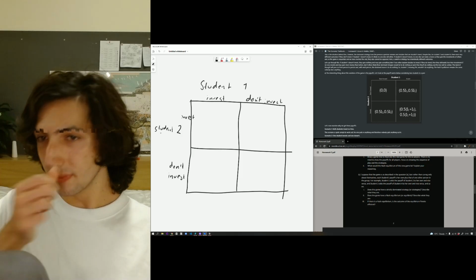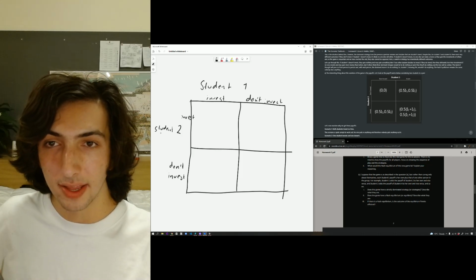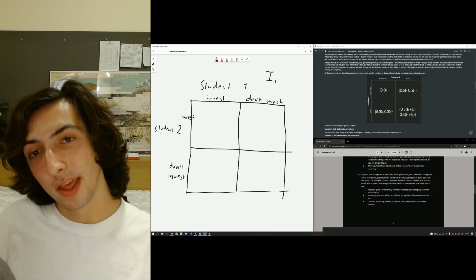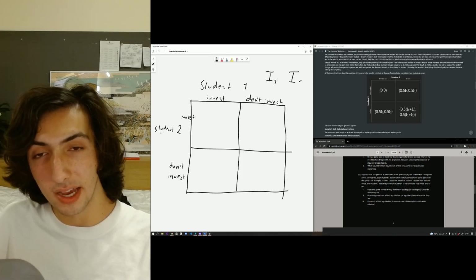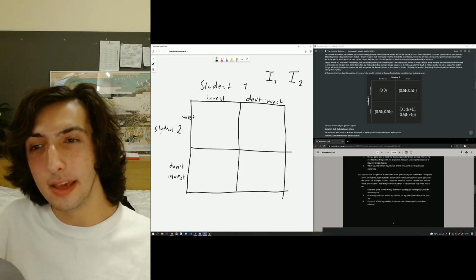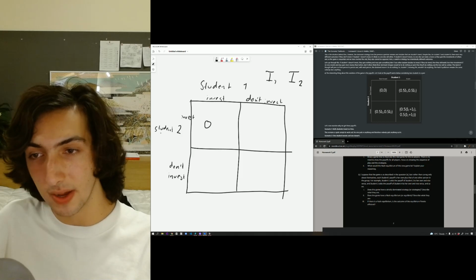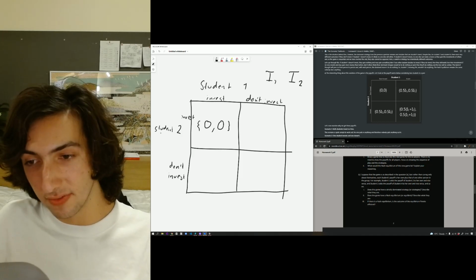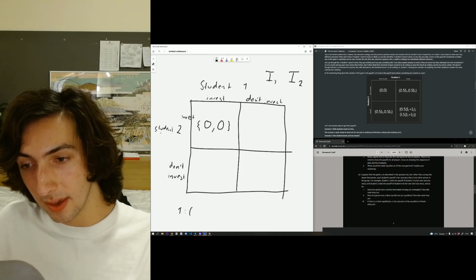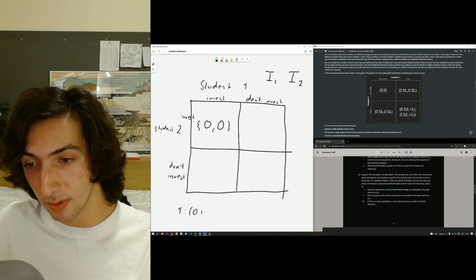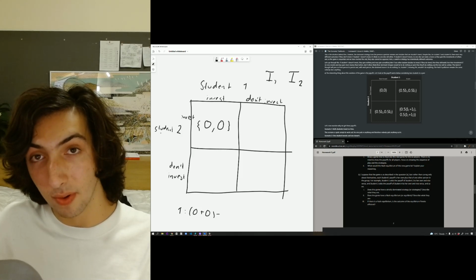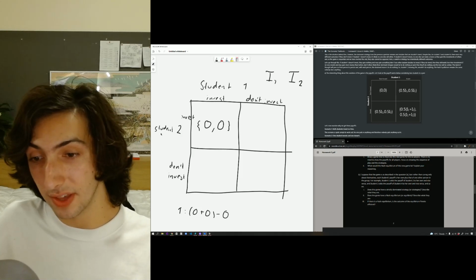Okay. Now let's define that the amount that student 1 invests is going to be denoted as I1, and the amount student 2 will invest is I2. Now what will happen if none invest? Well, it's quite simple. Neither get anything, okay? We know the payoffs for 1 is going to be 0, because that's the other's investment, plus 0 minus their own investment times 1.5, which is 0. This is going to be the case for both of them.